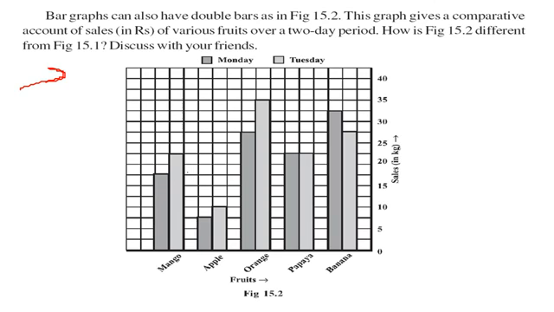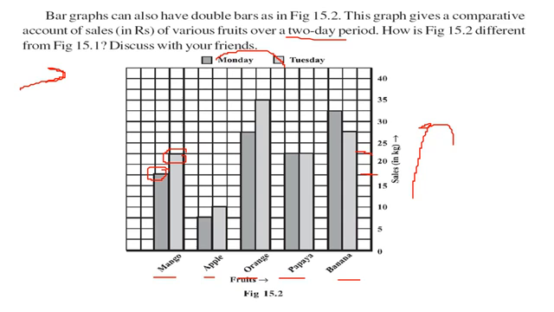So if you want to compare, say, the sales of various fruits over a 2-day period, Monday and Tuesday, you can always show it like this. The horizontal axis shows sales, how much was sold in terms of kg, and these are the different fruits. So for mango, it was around 17.5 kg sold on Monday, and on Tuesday the same mango sold 22.5